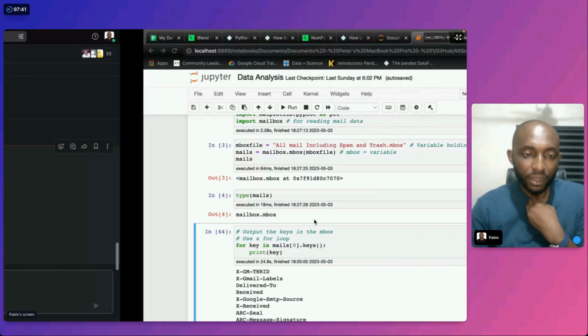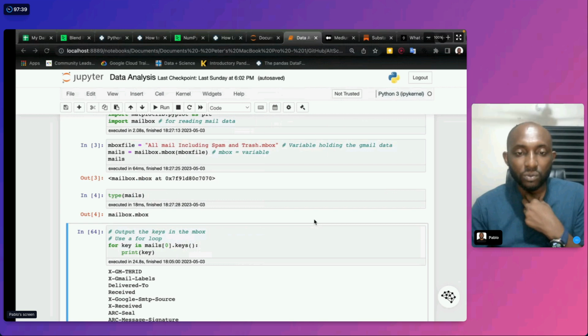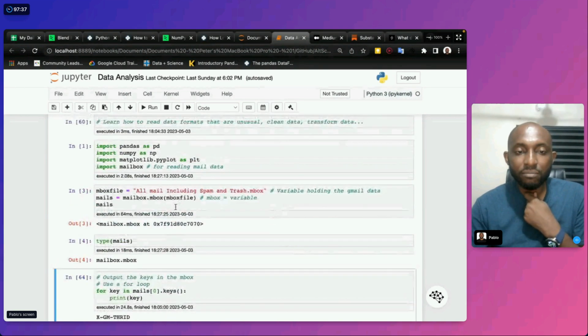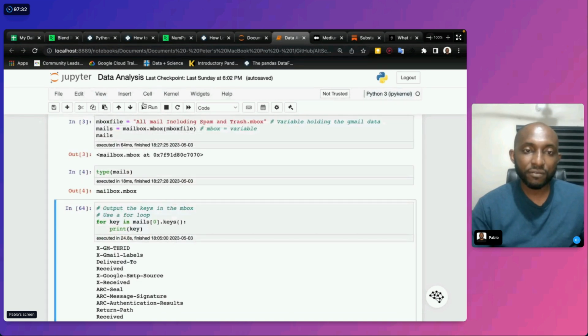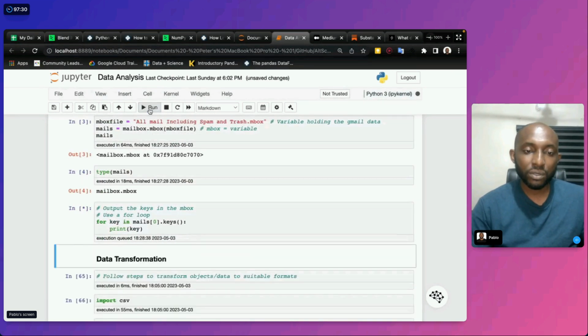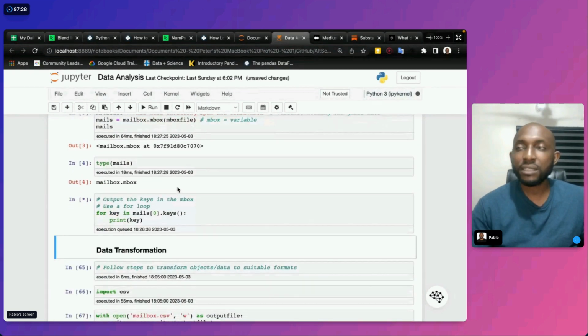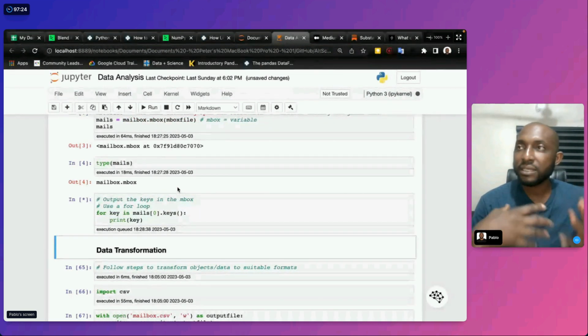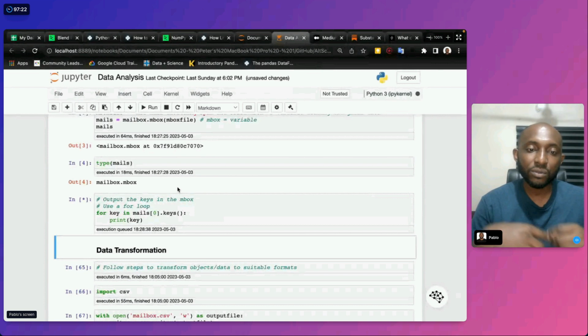All right. So what we did is we used mbox, which is a method to read the data we have. Because the data is in keys, like in a dictionary format, we read them out.